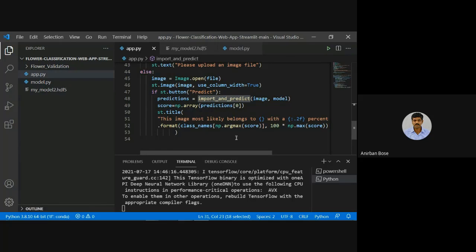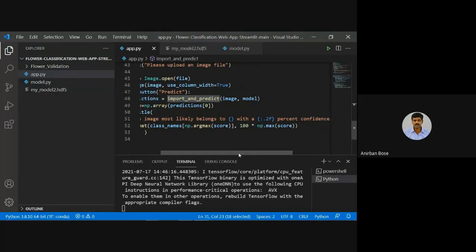So say the maximum probability corresponding to a particular class is 0.97, and the classes within the score variable are 0, 1, 2, 3, 4. So there are 5 classes, 0, 1, 2, 3, 4. It will just return the index corresponding to the highest class, the argmax. And if you want to know the probability, in that case it is only max.